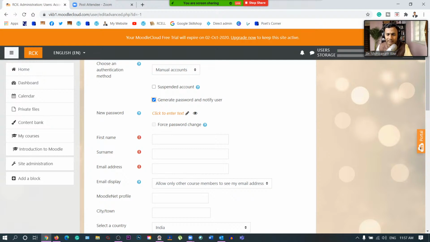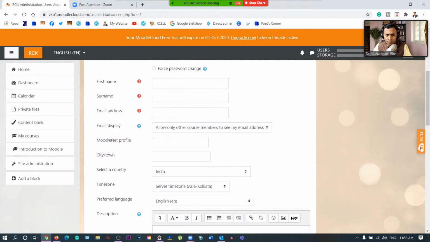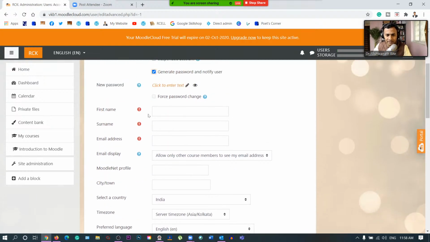So they will get an email. This is your email, this is your login link or something like that. Or if we want to create the same password, maybe institutional email ID at the rate 1234 whatever, universal, and then they will change it later. So that kind of password also we can create. Force password change, obviously, if you want to set that, you can do that. So right now I'll say